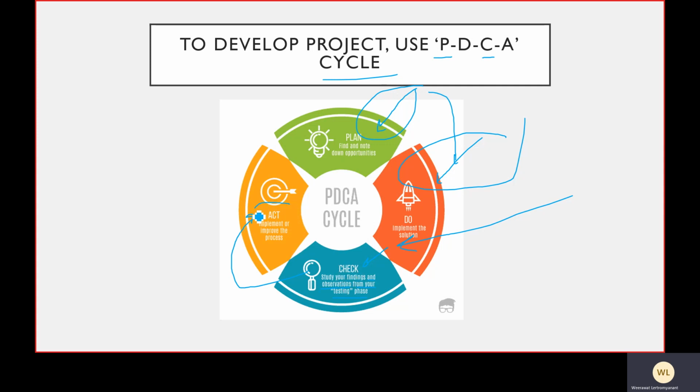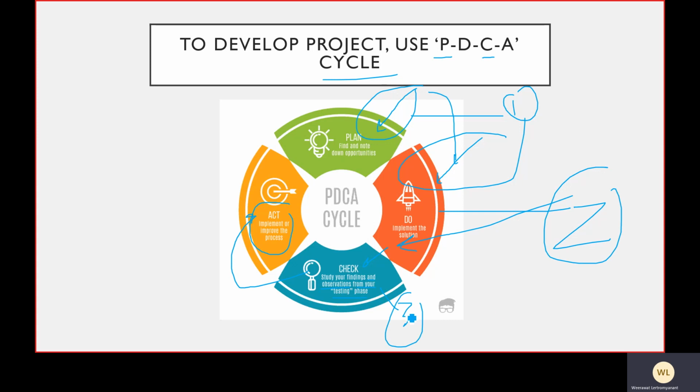You have to act, that means you have to take action. That means you implement or improve the process. If the first time you go to do the project in some community or some volunteering activity for some village, you have to plan first, then you have to do, then you have to check what you have done, then you have to improve or solve the problem. You solve the problem, then you will have a good plan for